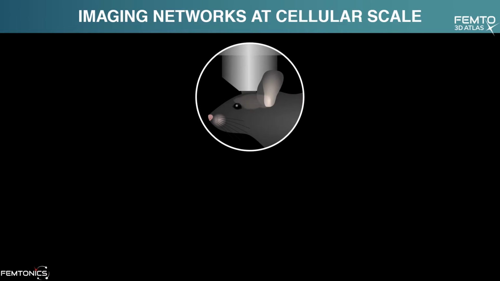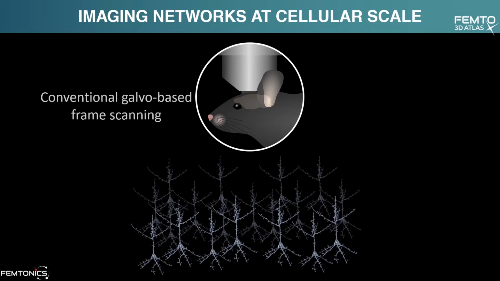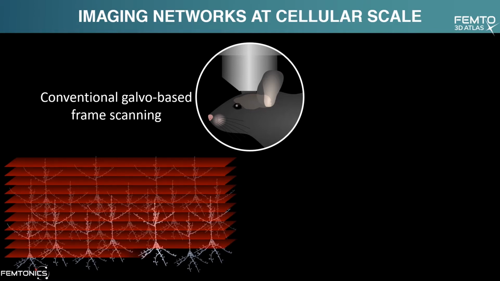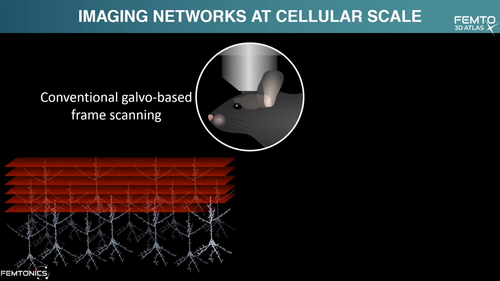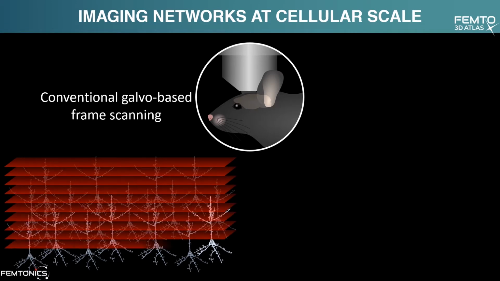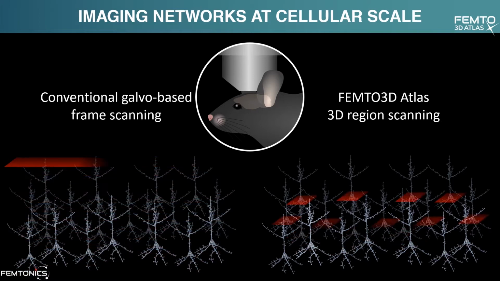Multiphoton microscopy became the method of choice to study brain function at the cellular level. The brain consists of billions of cells organized into local circuits arranged in 3D space. Conventional microscopes that rely on optical sectioning to cover 3D space are not well suited to capture the dynamics of neuronal circuits. In contrast, FEMTO3D Atlas is not bound to planes and can be used to record from cells scattered